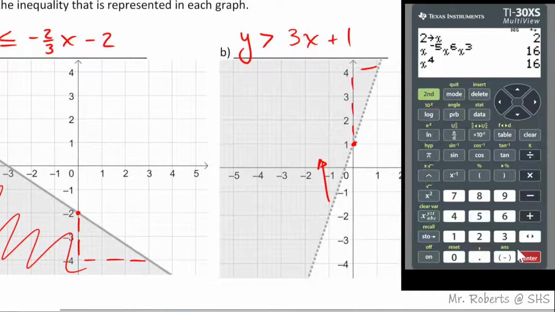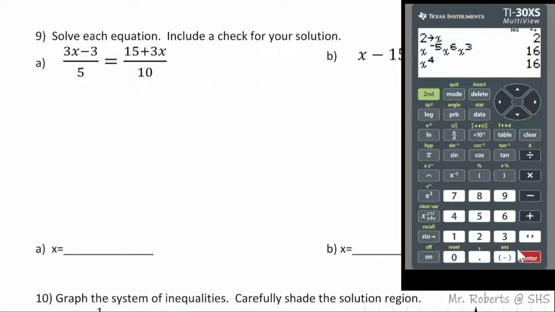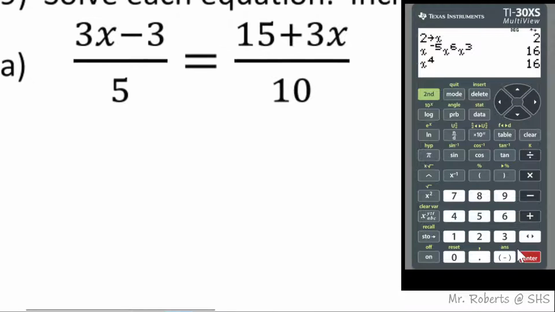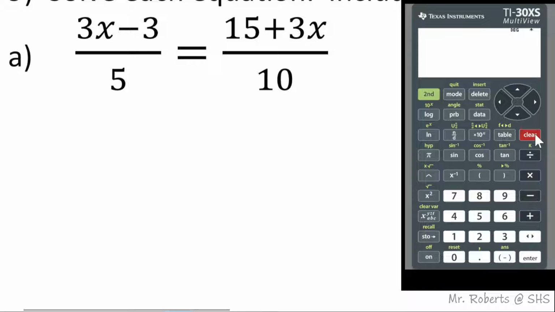That's fabulous. Let's move on to question number 9. Nine presents us with 2 equations. It says solve each equation and also include a check for your solution. So for this first equation, I'm going to go ahead and clear the fractions by multiplying both sides of it